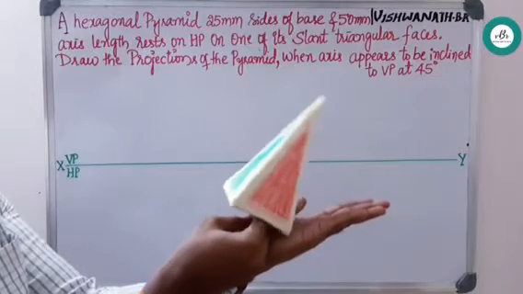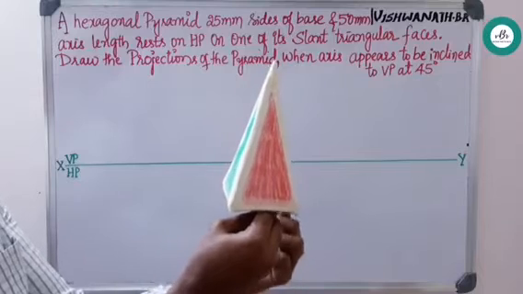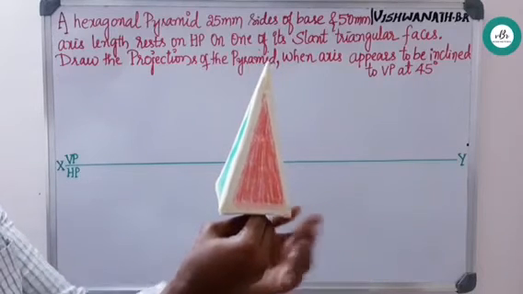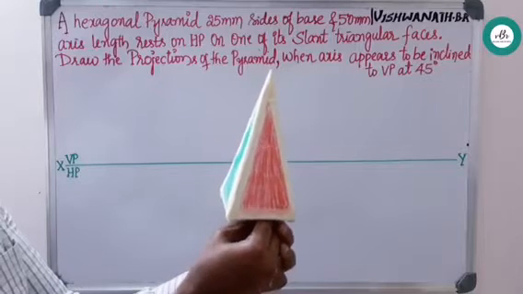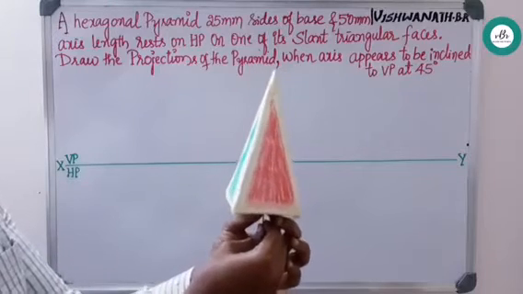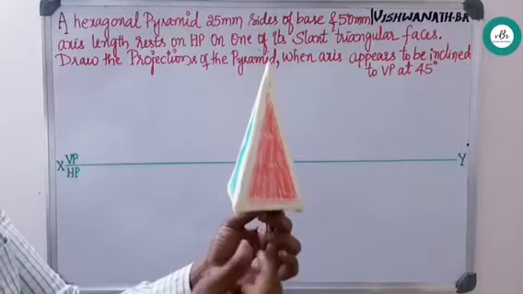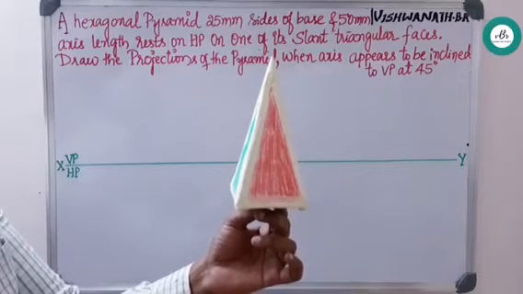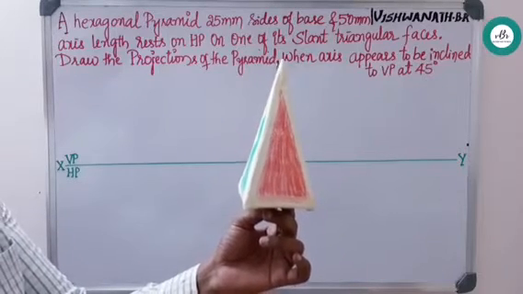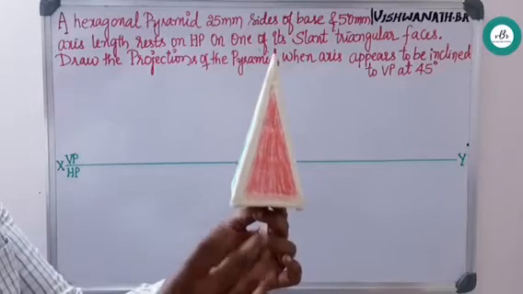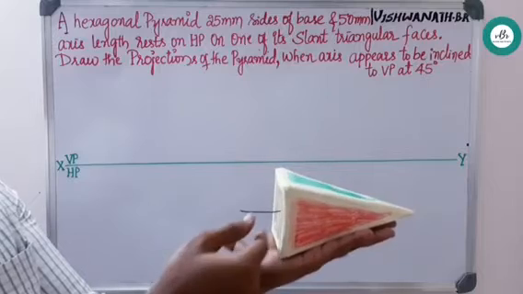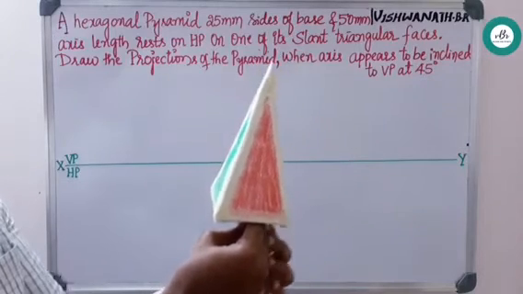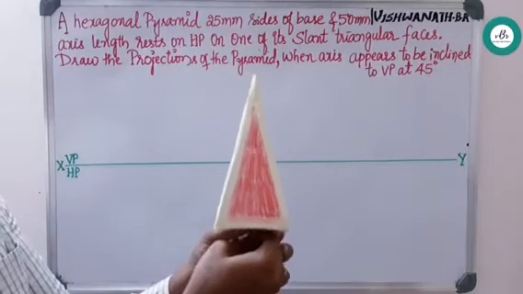Bringing back to the first condition, we get an edge to the right side reference irrespective of any pyramid, whether it may be a square pyramid, rectangular pyramid, hexagonal pyramid, or pentagonal pyramid. If it is a slant triangular face resting, then we need to take the edge condition in the first position and proceed with the problem.